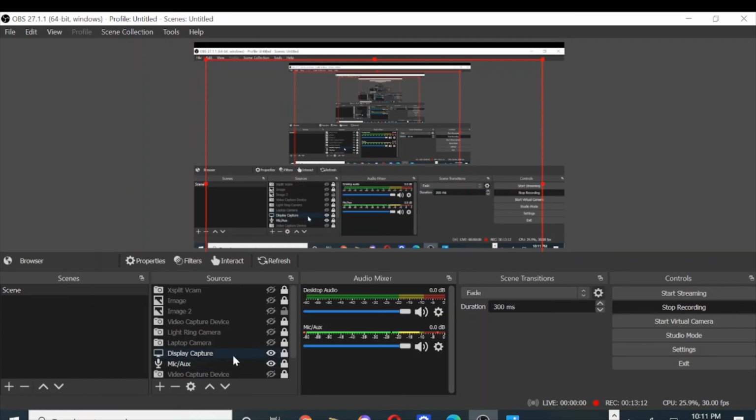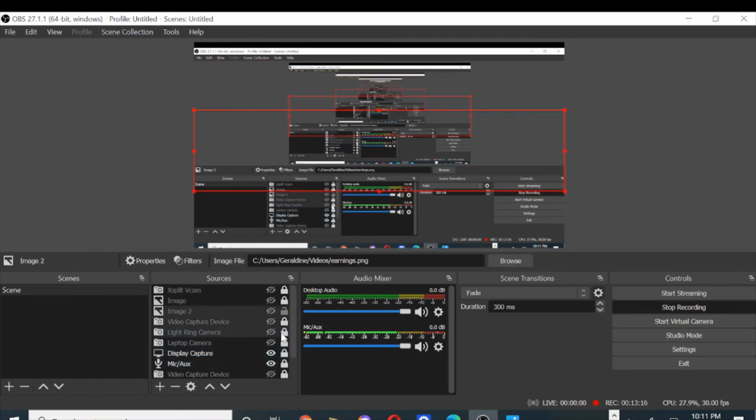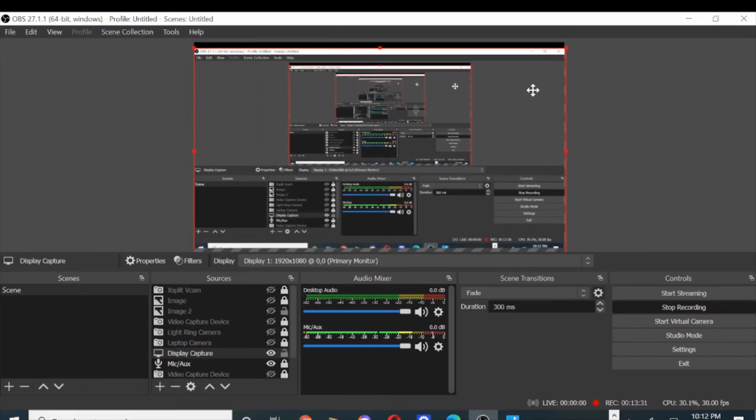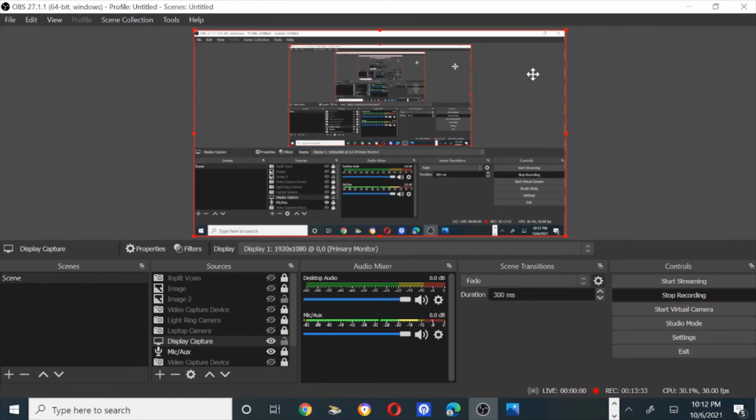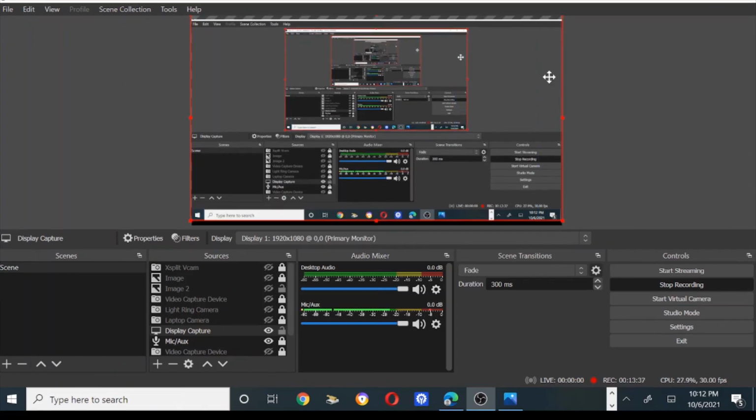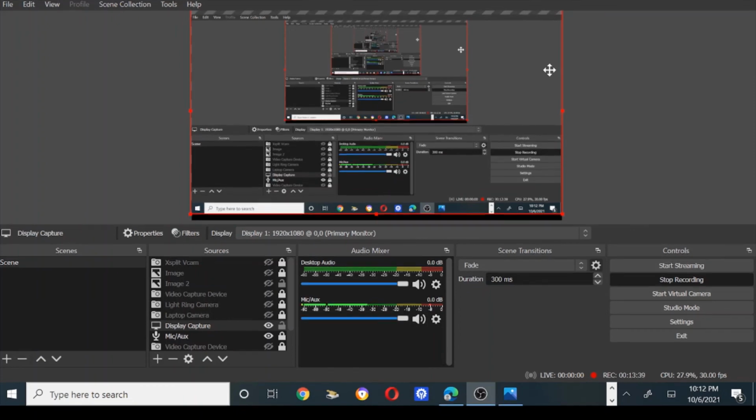Oh, maybe I locked it, that's why it's not moving. So actually it's the display capture. So if you want to move things around, you want to make sure that you unlock this correct source here, so that you'll be able to, as you can see here, move that frame. So let's say you're doing a review video, you might want to raise that up a little bit,